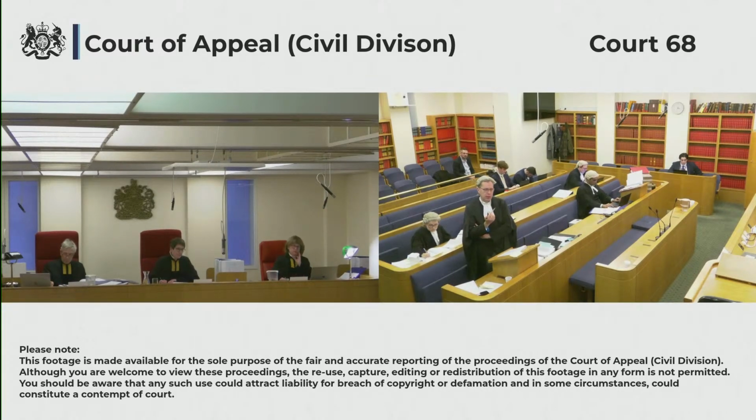The first is, in my learned friend's skeleton, and this was touched on in oral argument this morning, he says, well, there hasn't been any finding that we have an equitable interest and we didn't need any evidence on that. That's why I took you to the FTT costs decision when I did. Paragraph 2 noted that we purchased it, but it wasn't registered. Paragraph 12, we pleaded our purchase. Paragraph 14, the tribunal accepted we had indeed purchased it, as we contended. Did they have evidence on which they could legitimately make that finding?